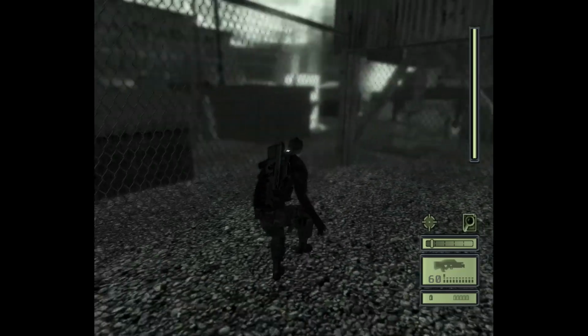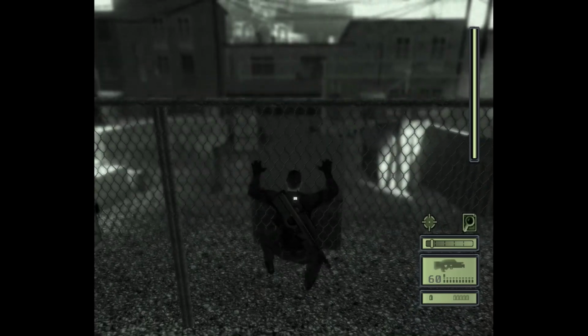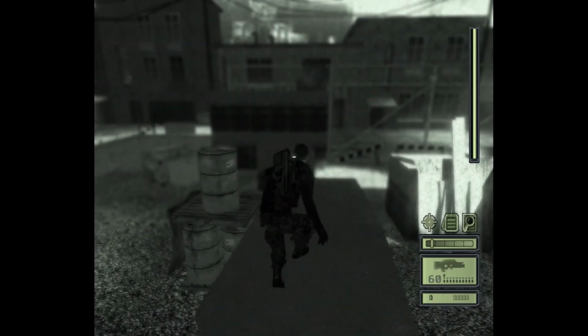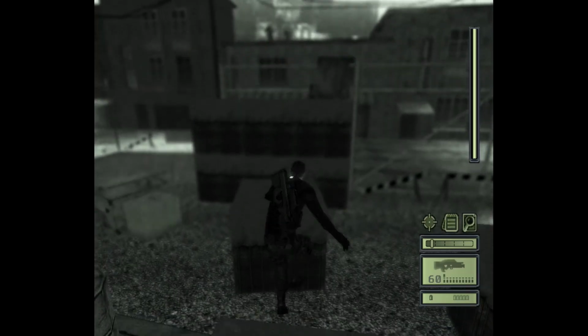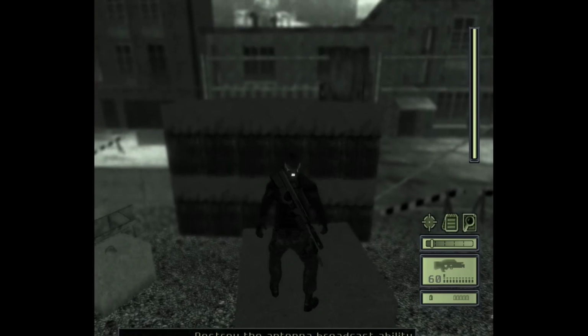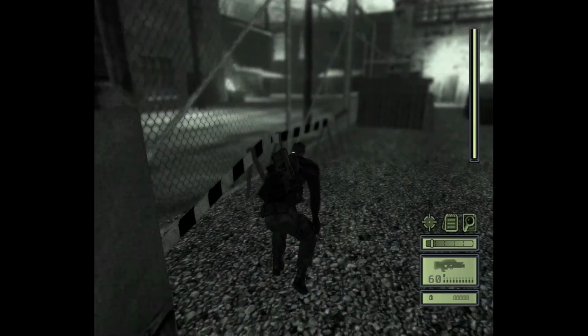Alright, now this part, I'm going to show you guys how to get through it without needing to use your thermal goggles. You can use your thermal goggles in order to see the landmines, but if you follow this path, you won't need the thermal goggles. And if they hear you dropping down there, doesn't matter, don't worry about it. We're not going to stick around. So drop off these crates, hop up onto this one, go to the end of it, and then we're just going to walk up this left side,